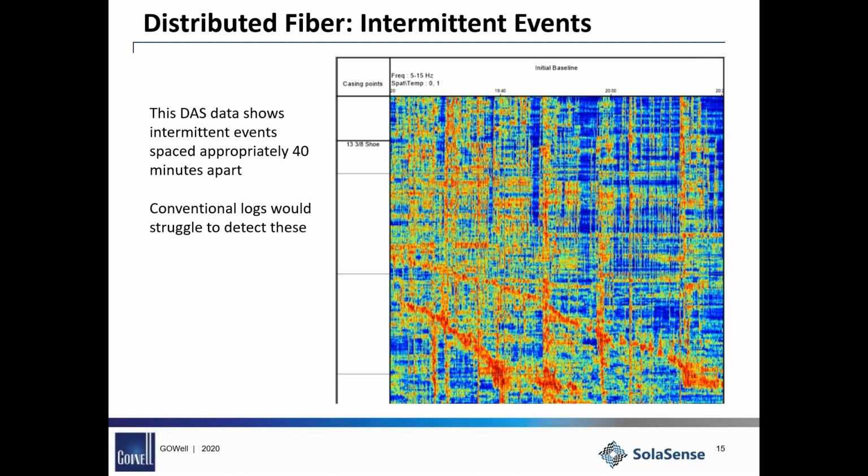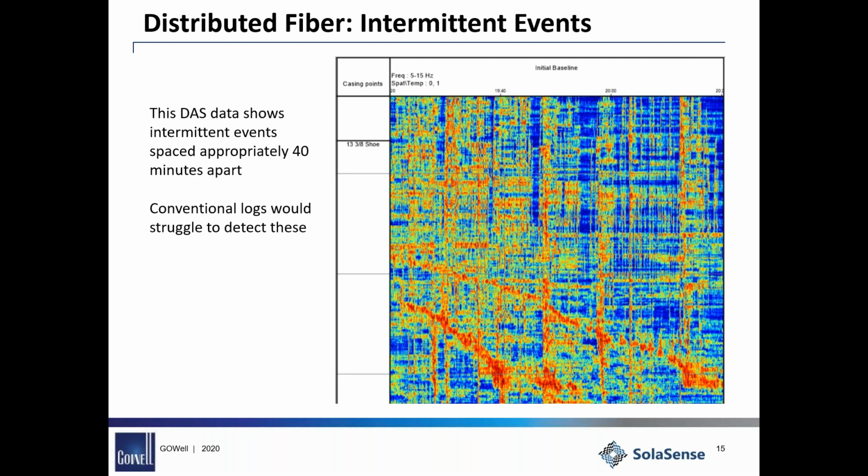Many reservoirs are depleted now, and in a mature field, it's perfectly possible, if you had a porous and permeable interval in the overburden, for it to be at a higher pressure than the producing interval itself. And in this case, we've got some intermittent events that are progressing down the well with approximately a 40-minute separation between them. And again, this is a feature that we can see quite often in